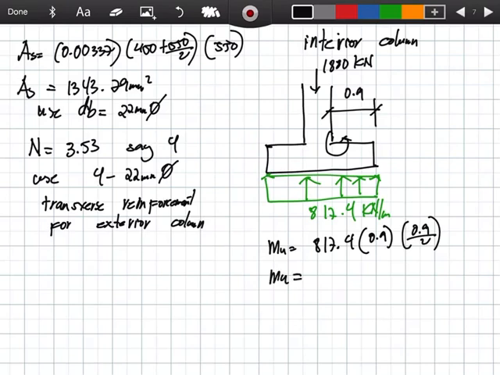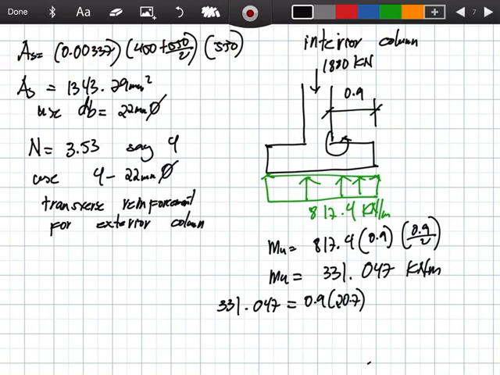MU is 331.047 kilonewton meter. Okay. So, equate natin sa ating phi Mn. 331.047 is equal to 0.9 F prime C. BW, ang BW natin is 0.5 plus d over 2 plus d over 2. So,